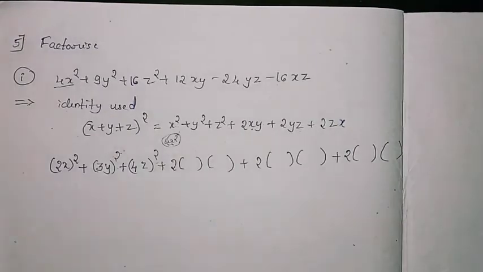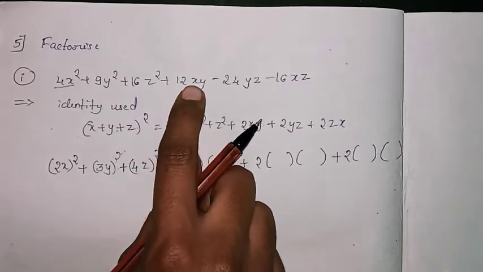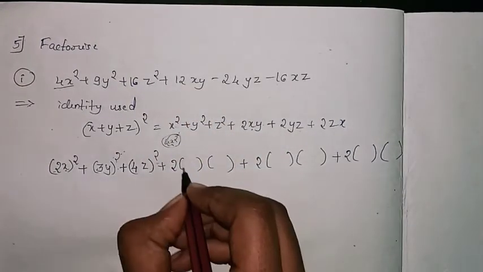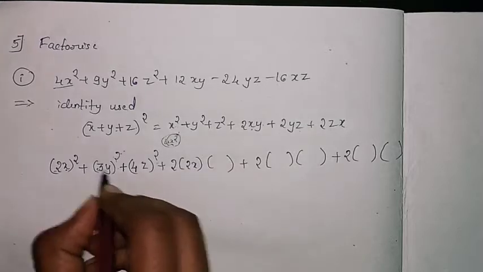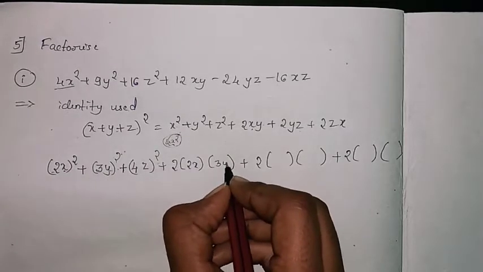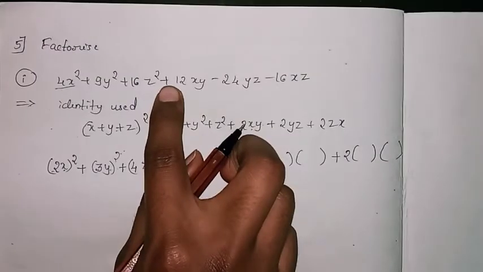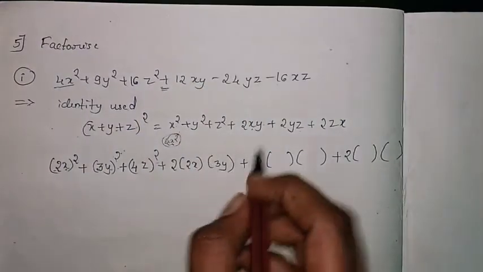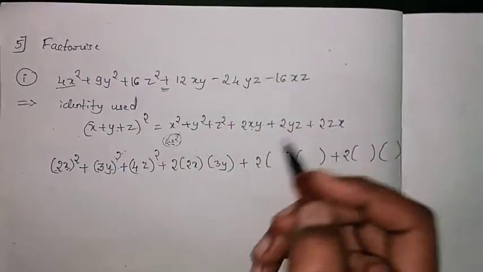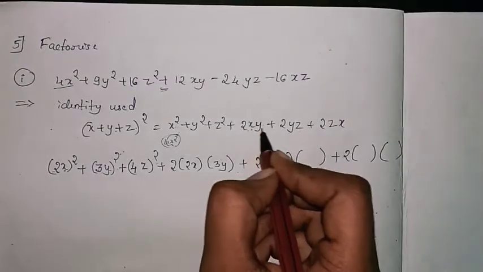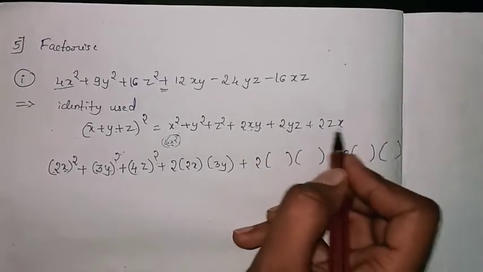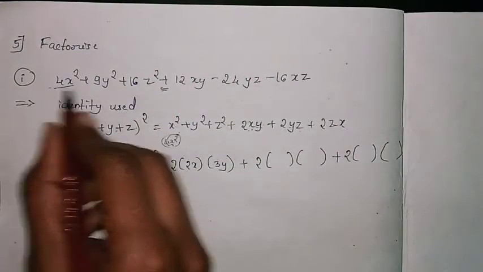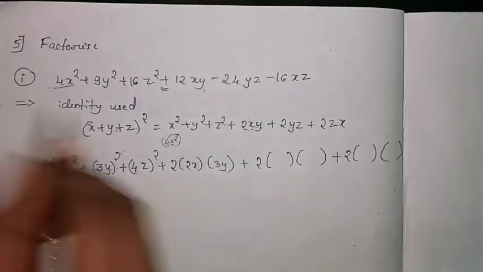Now observe, we want one x term and one y term. Here the x term is 2x and the y term is 3y. Observe the sign: it is positive, so the sign is very important here. Here it is negative, so first we will adjust for x, y, z and zx terms, then we will go for the negative signs. Till now, whatever we have solved is okay.